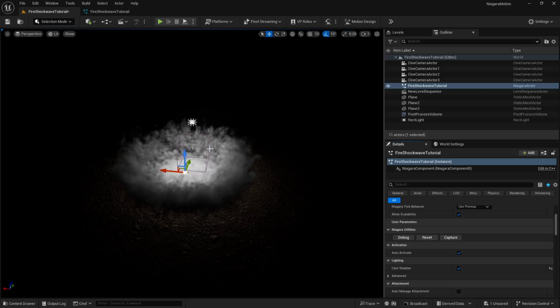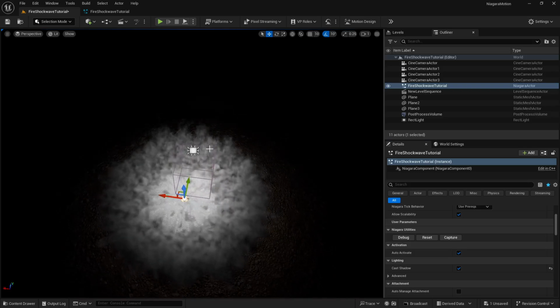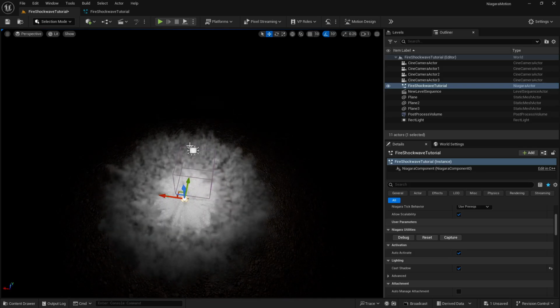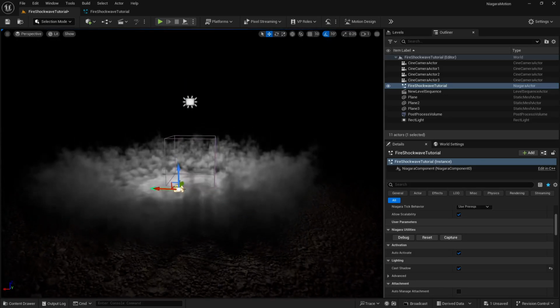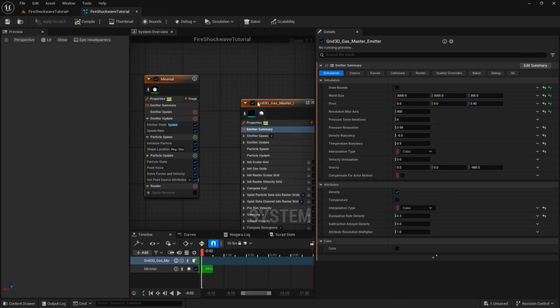Now let's introduce our next step. Before doing that, I'm just going to make sure that it is colliding beautifully. And if you want to collide it really beautifully, you just need to make sure that your pressure solver iterations are set higher, like maybe 12 or maybe 24, depending on the scene.